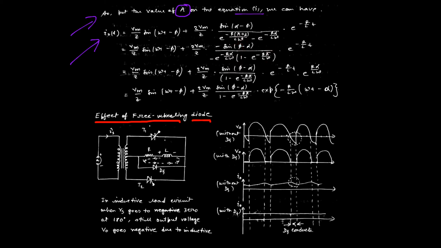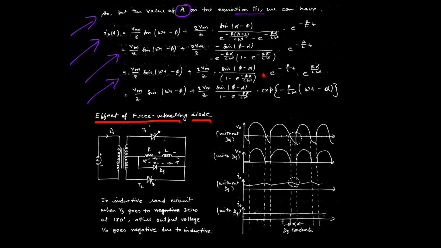That is why under the bracket we get this term. Okay, that is why again we can simplify the equation: Vm by Z sine(omega t minus alpha) plus 2 pi by Z into sine alpha sine(phi minus alpha) minus e to the power minus (1 minus e to the power minus R pi by L omega). That is actually we have taken this minus e to the power minus R alpha by L omega term, that is the common part, and we have